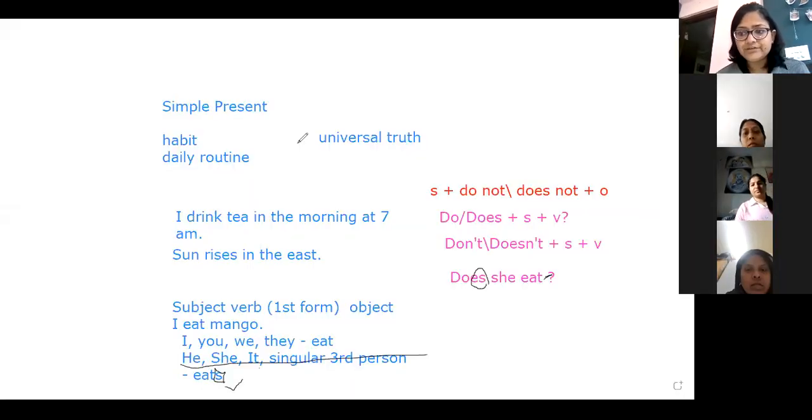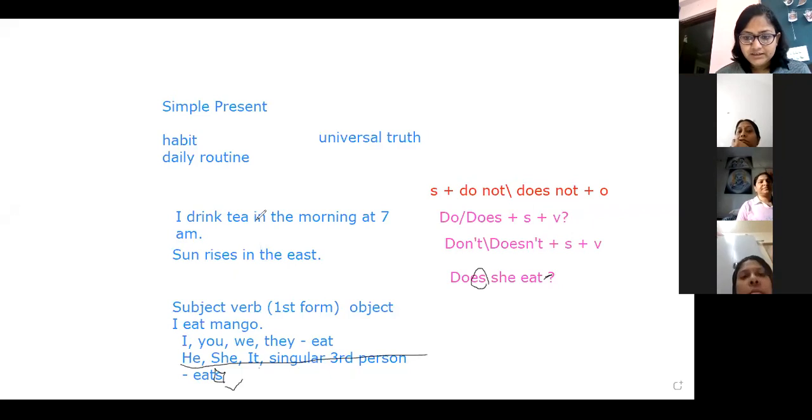I'm taking a quick revision because some people have joined late. So positive sentence: I drink tea. Negative sentence: I don't drink tea. Question: do I drink tea, or do you drink tea? Negative question: don't you drink tea? Why do you drink tea? So these are the